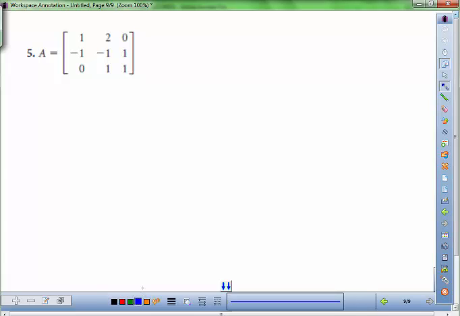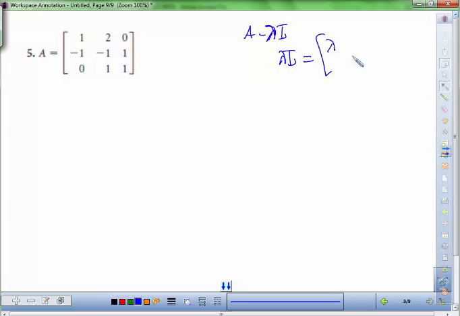Okay, so the process is to come up with this polynomial, A minus lambda I. And then we want to find the determinant of this and then solve for this when it's equal to 0, solve for lambda. So let's do a lambda I. It's just going to be lambdas in a diagonal. So when you subtract this, and you'll do this enough times, you'll just look at the original matrix, and then just along the diagonals, you'll have a minus lambda